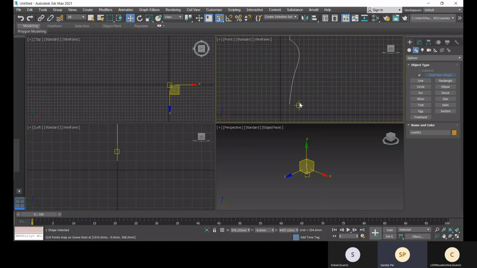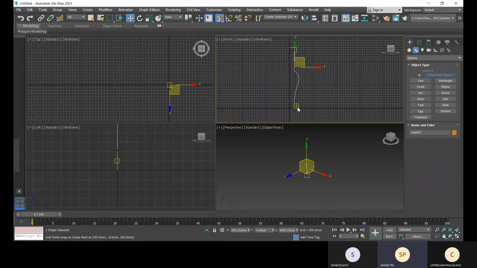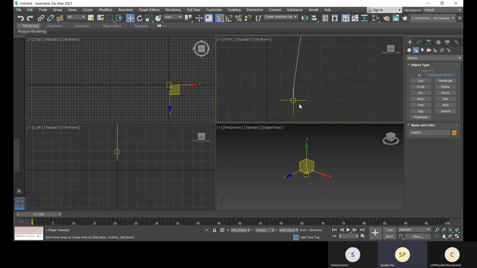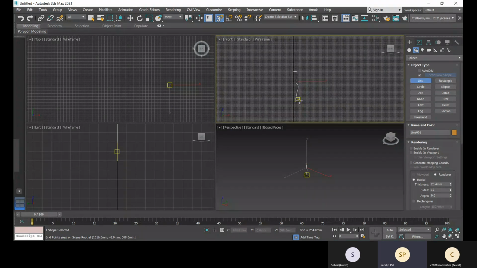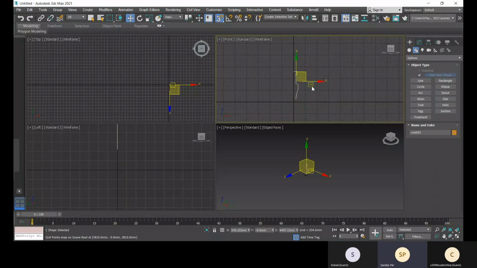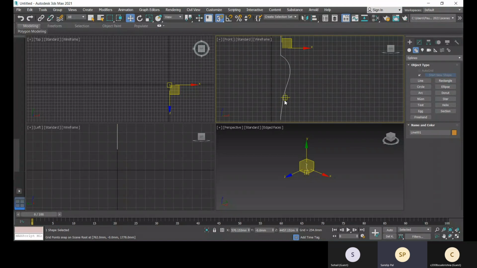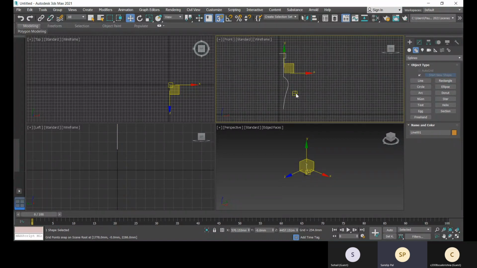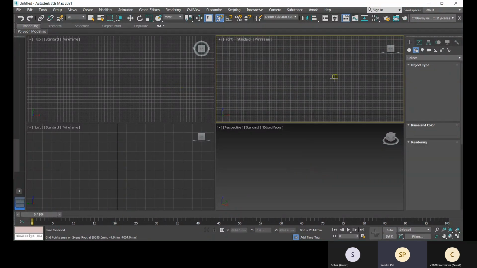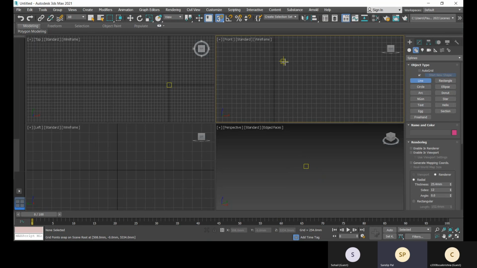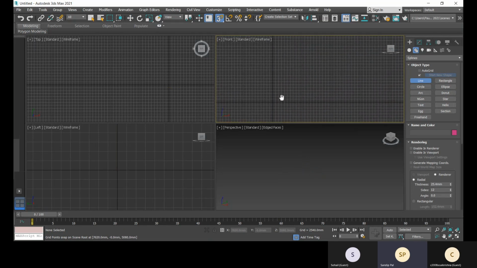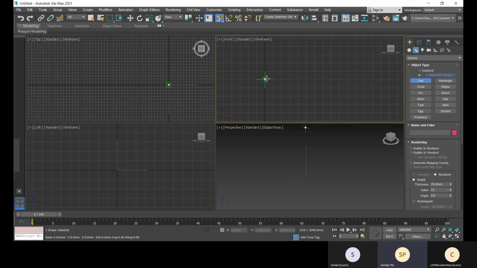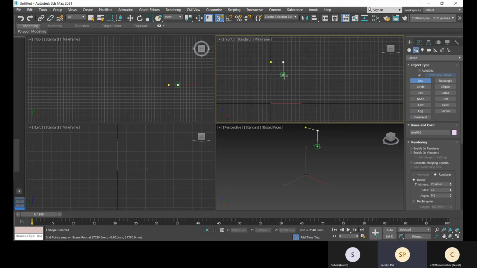Or else what you can do, see, as I have told you, this snap will make you a bit confused and it will make the task very difficult. It is helpful as well, but it is also very difficult.